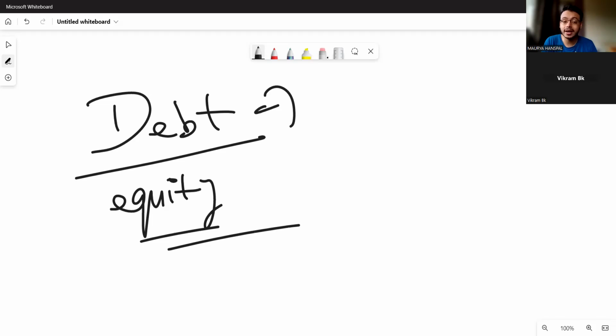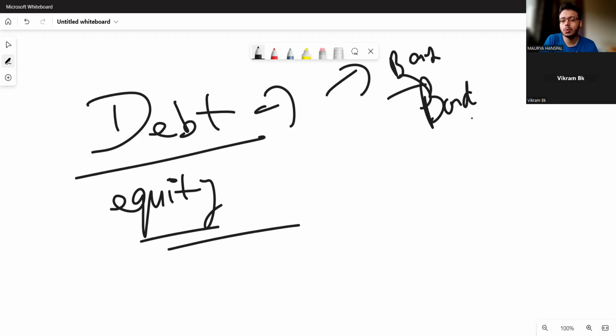The second way to raise debt can be through what? The first way was through banks, and the second way is through bonds. And we all know what bonds are. Bonds are fixed income instruments that the issuer will put in the market to raise some money, right? For example, if I am the owner of Tata Steel and my requirement is 1,000 crores, my company Tata Steel will issue bonds worth rupees 1,000 crores,